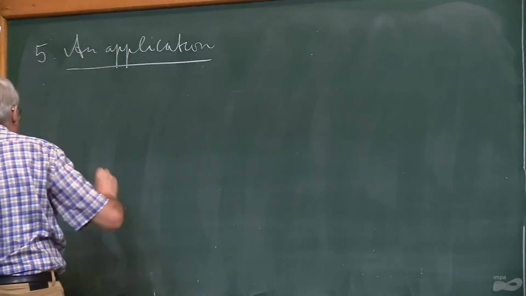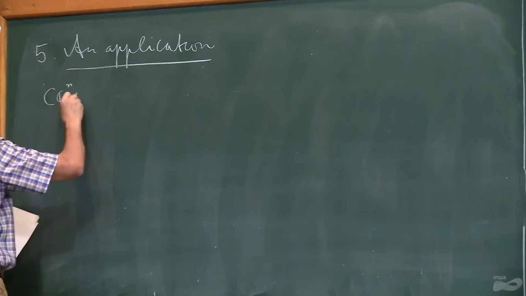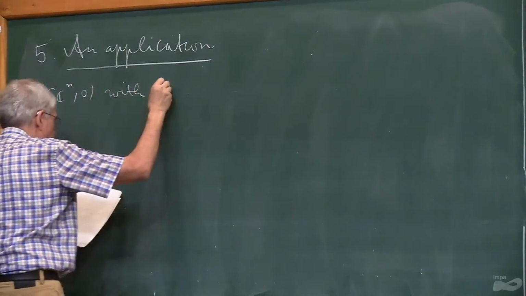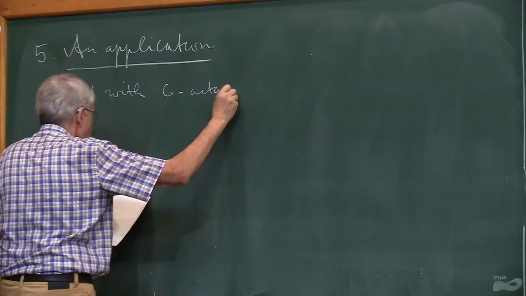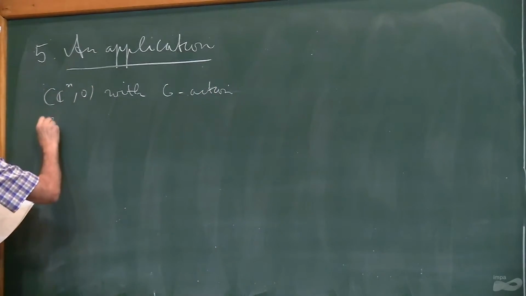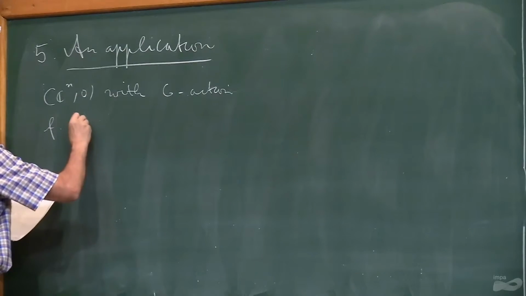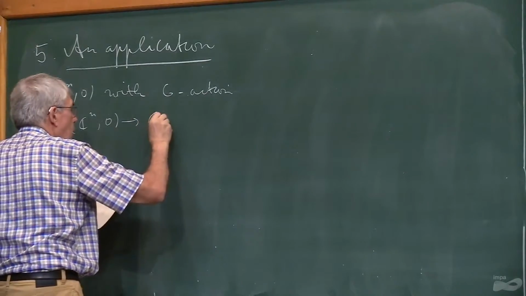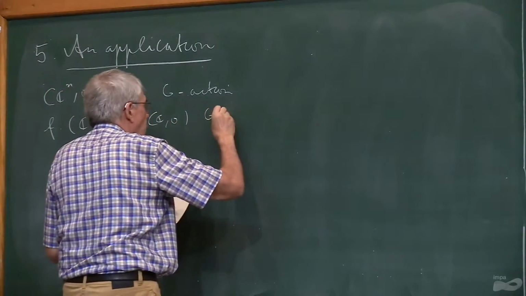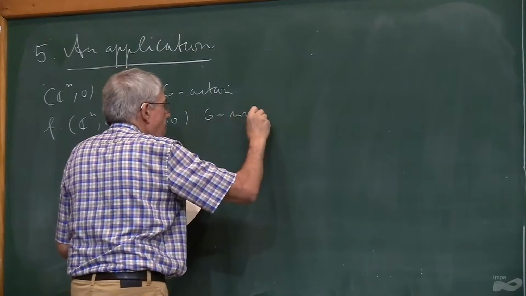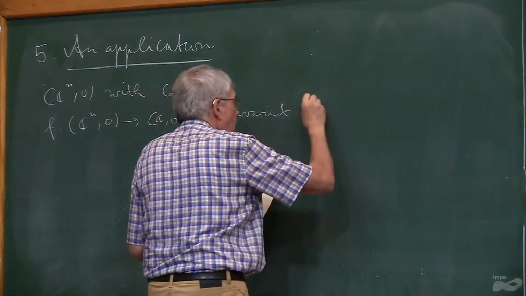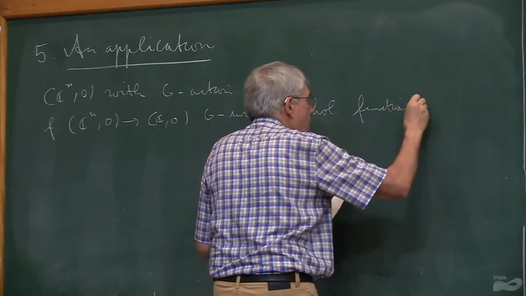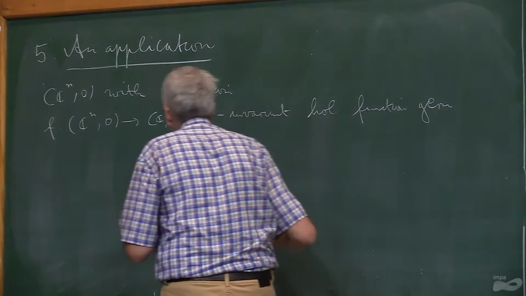I consider now, first, the complex n space with a G action, and f should be a complex analytic, G invariant, holomorphic function germ with isolated singularity